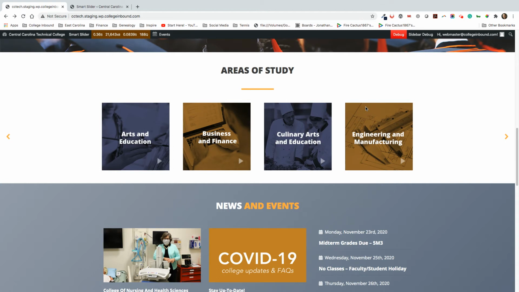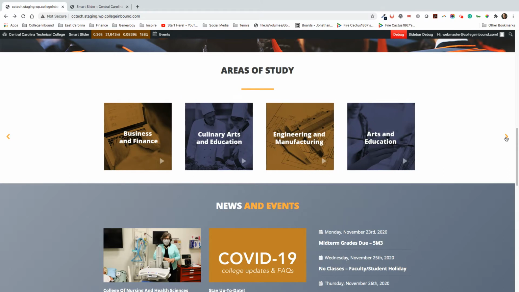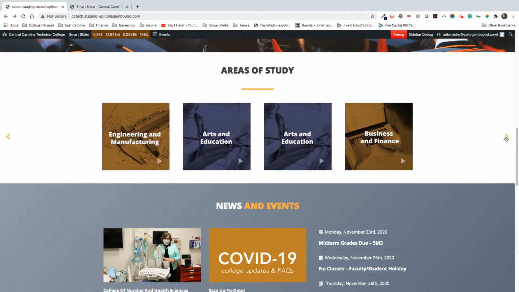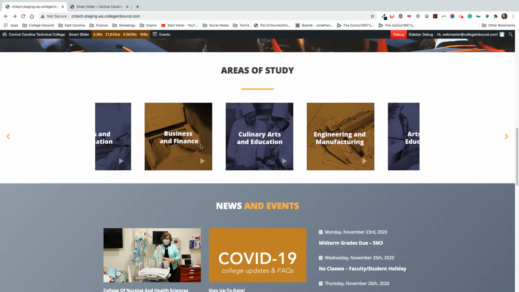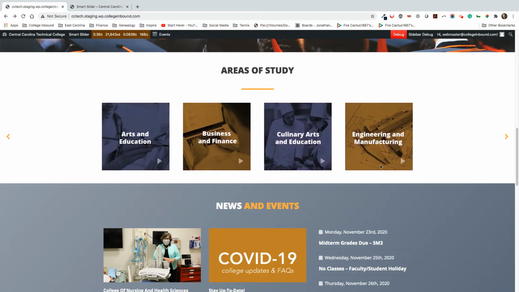Okay, so the areas of study on this homepage is powered by the Sliders plugin, which is actually called Smart Slides. And I wanted to show you how we could go about editing this. Right now, these are just images, and Arts and Education is just an image. And we want this to be HTML. We want this to be a background. And so we're going to replace these right here. And you can see that you can scroll through these as well. So you could add more than what's available here, but we just put in a bunch of these as temporary